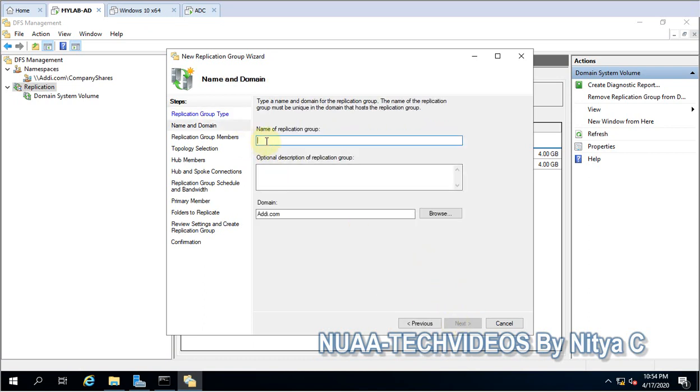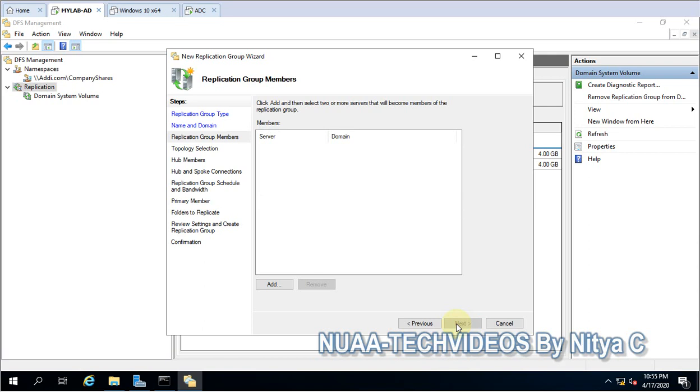Name of the replication group, I will give company shares, same name. Here is the description, if you want the same description, go create. Next, here we have to give the server.